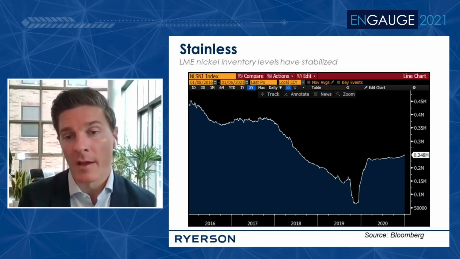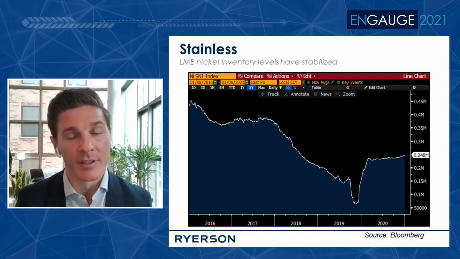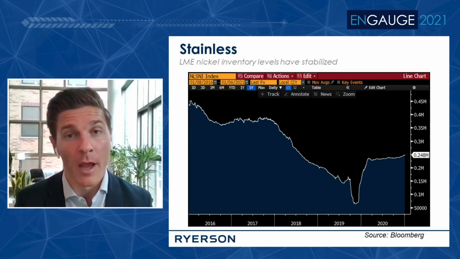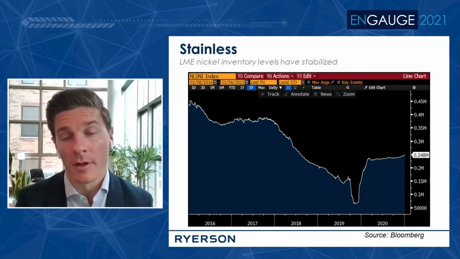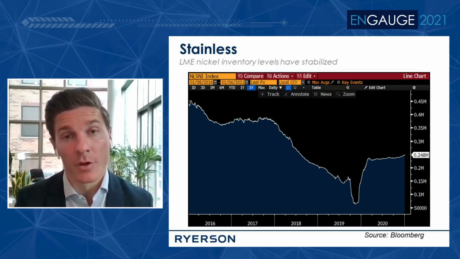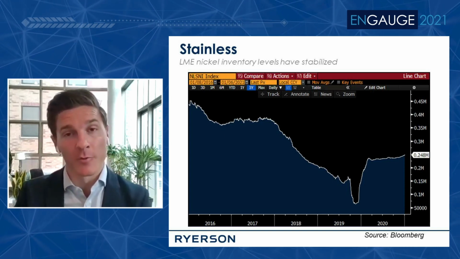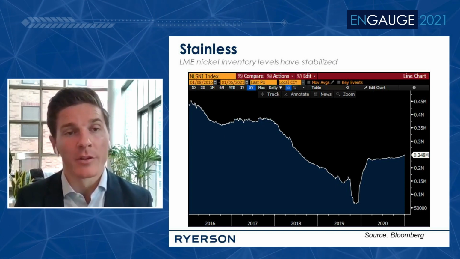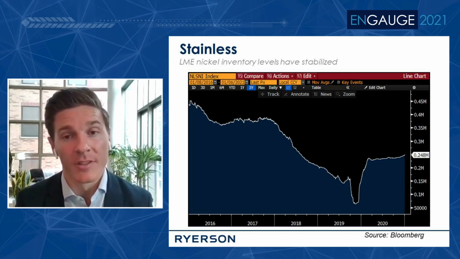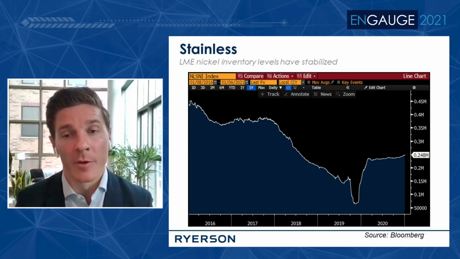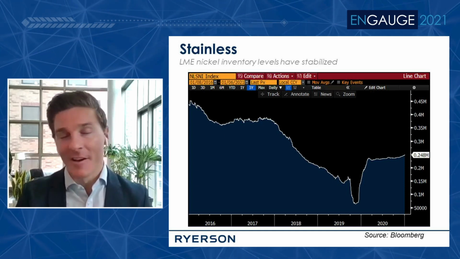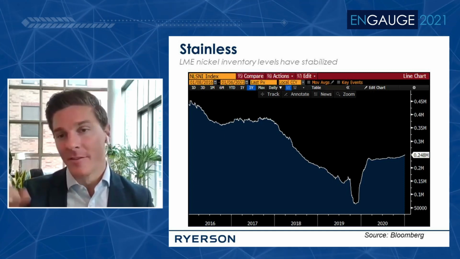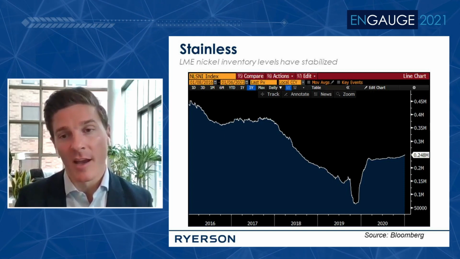There was a risk back in late 2019 when Indonesia announced their nickel ore export ban. And there were real concerns that as the electric vehicle market was strengthening, as the stainless steel market was fairly strong, we were going to run out of nickel units in the face of that export ban from Indonesia. Since then, they lifted their ban, inventories have normalized,